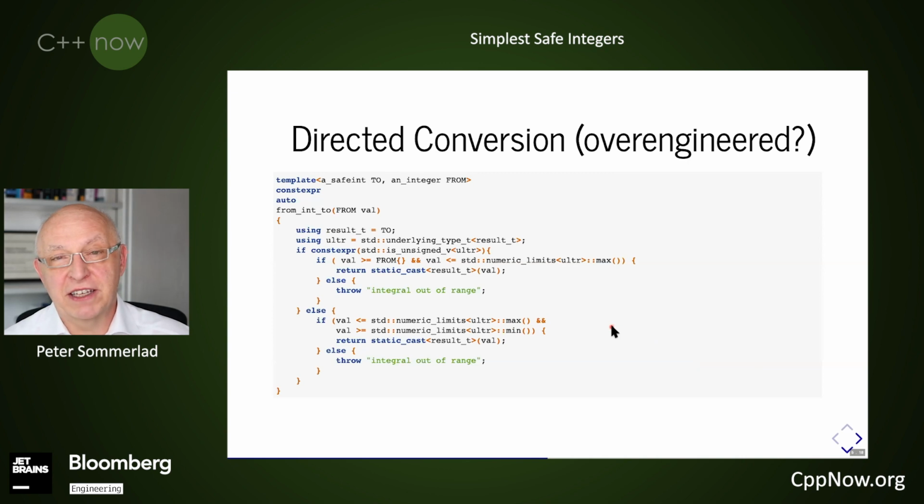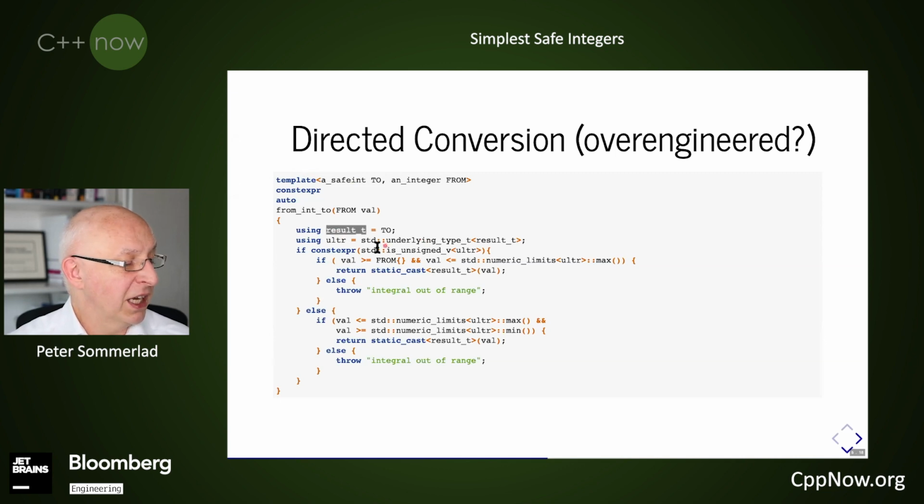I also provided directed conversion with this kind of a static cast. So I convert from a given integer to maybe not the matching safe integer, but from a different one, which can be helpful if you want to convert, let's say, literals, or integers that you get from an API or some other functions where you know it's definitely in the range that will fit, but I want to make it a shorter integer on my system where it wouldn't fit, or maybe even a longer integer, because I know that I will use it later in an expression with the longer type.